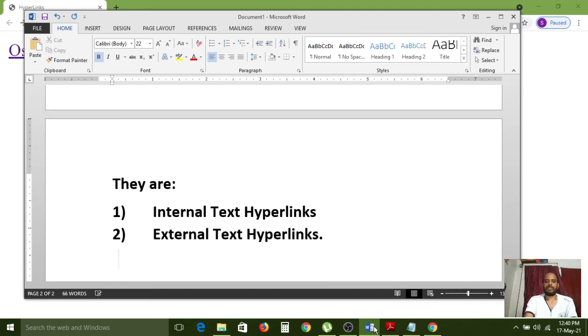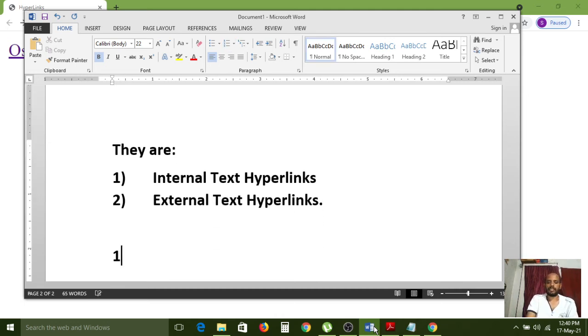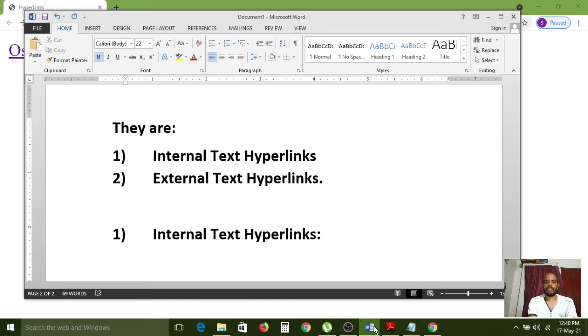So first we have to see the internal text hyperlinks. Internal text hyperlink means the source file and as well as the destination file.